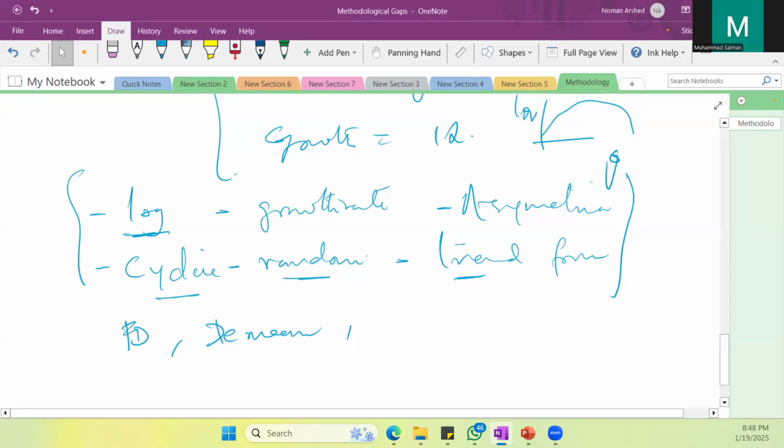Sir, is it possible that initially we do not have the idea of what kind of transformation we are going to use, and we have the variable in raw form in our mind? We set the objective, and later on, after conducting the review, we found out that this transformation or this technique can be applied to better assess our objective. Yes. So this method can only be applied if